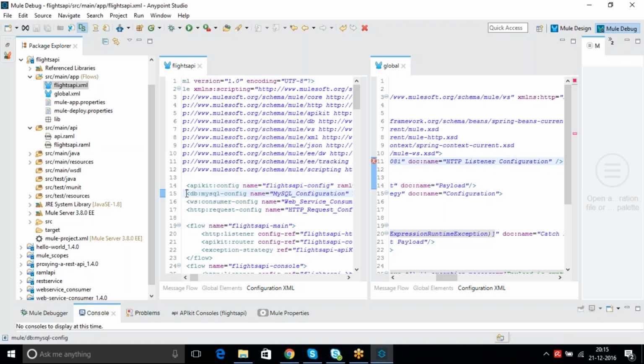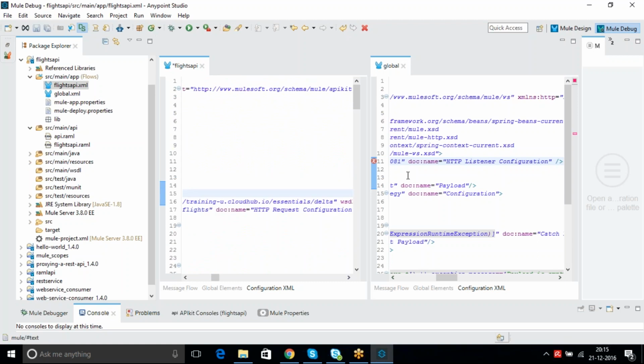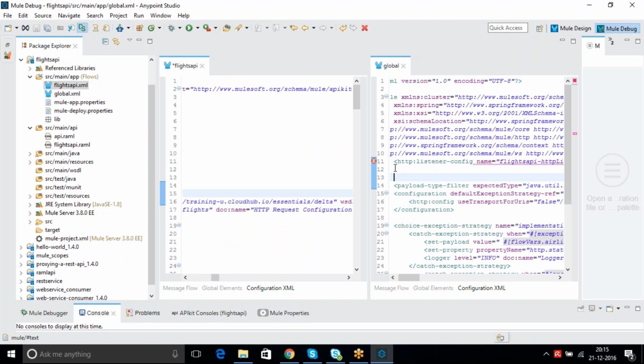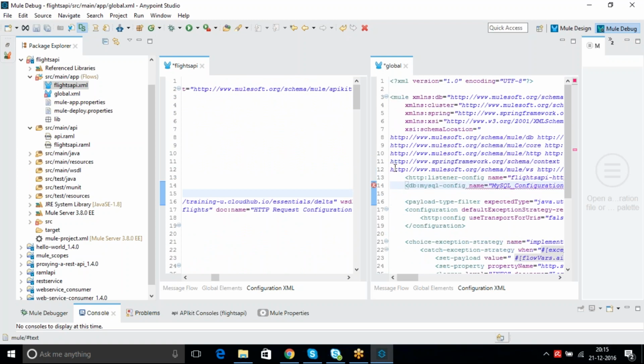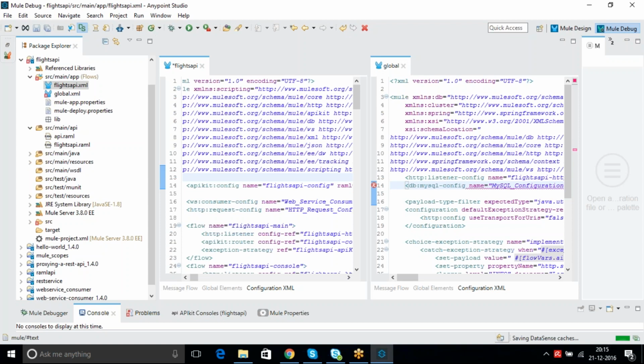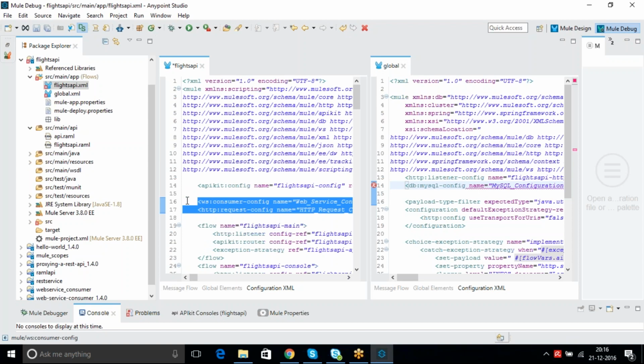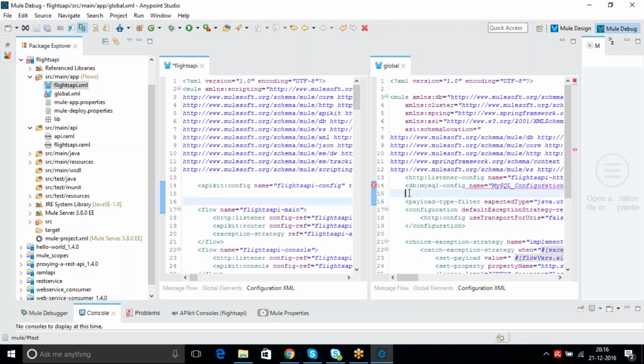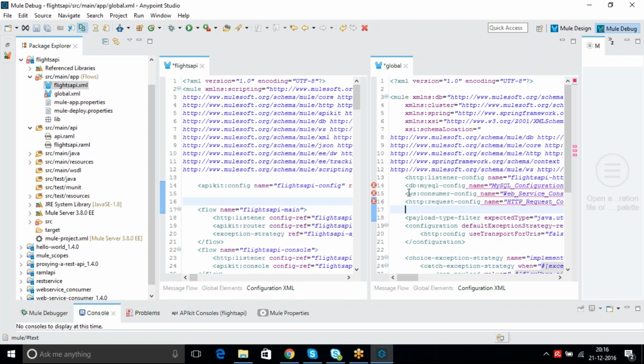DV. And I want to move this web service module and this one also. Just click Control X, so you are cutting whatever connectors you want to move from Flights API to the global.xml. Just press Control S in both places.